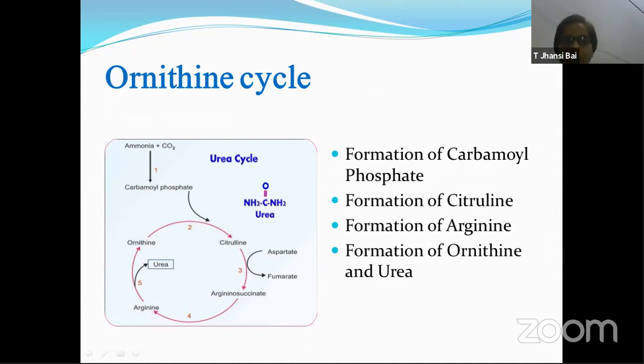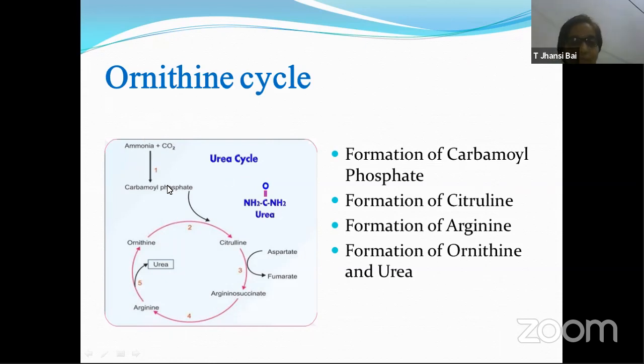In this particular ornithine cycle, the first thing that happens is that we know that ammonia is produced. How ammonia is produced, we have studied in detail. Amino is removed from the amino acid. That amino takes up one proton, becomes ammonia over here. And this ammonia takes one carbon dioxide gas, and it becomes the first substance over here, which we call carbamyl phosphate. So ammonia takes carbon dioxide. These two substances react and they form the first substance, which is called carbamyl phosphate. Two ATP molecules are used up over here.